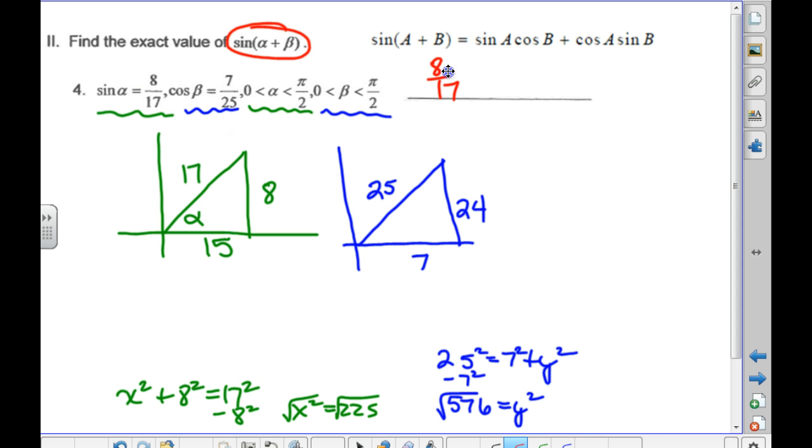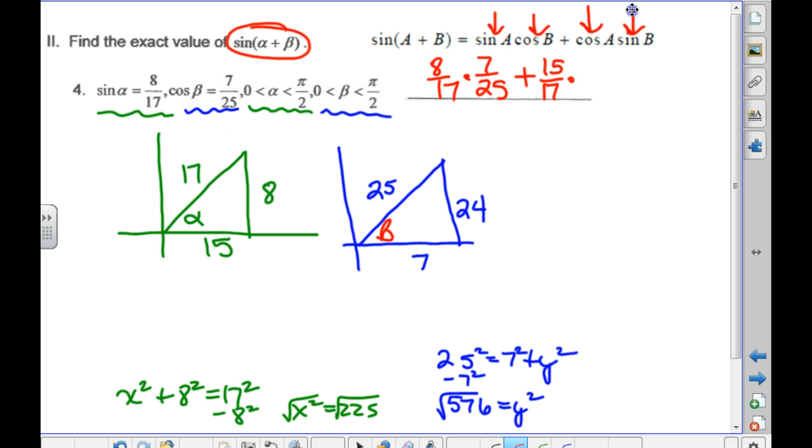And then it says times the cosine of beta. Does everybody know where I'm getting this? Okay, I put in here 8/17. Now I'm on this one. Cosine of beta, got to switch over to this triangle. Cosine was what? 7/25. That they also told us in the directions up here, so we really didn't have to do anything yet. But now we get to the second half and it says cosine A, so we've got to go back to triangle alpha and find the cosine, which is 15/17